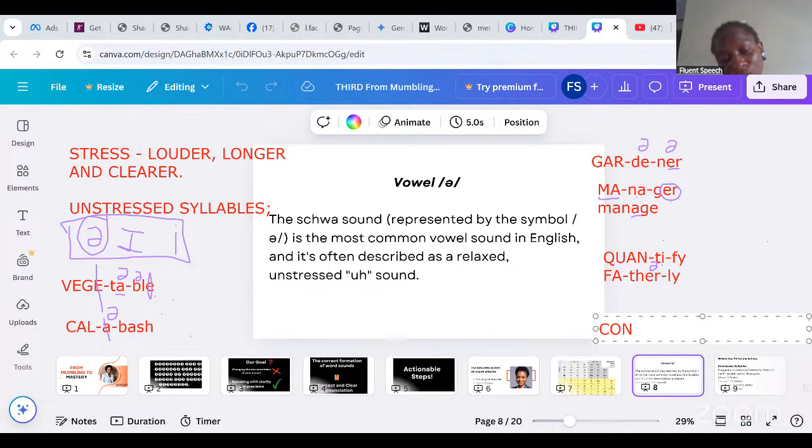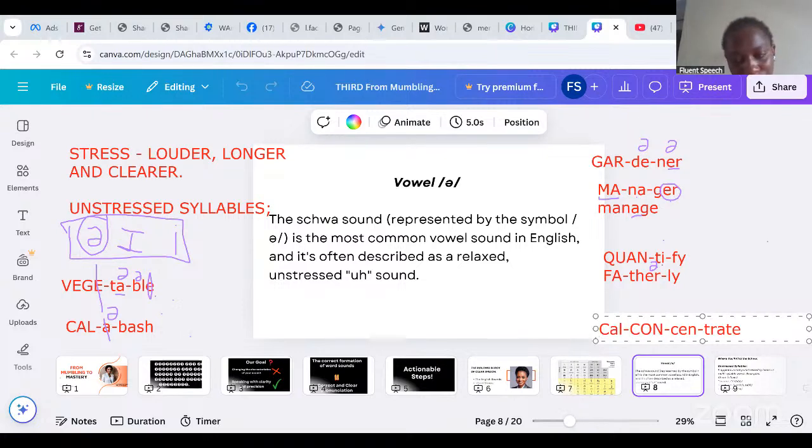So I can have the word concentrate. The word ends in ATE, and it has 3 syllables. So I have consonant, the E in the second syllable makes the schwa. Concentrate. I can also have the word